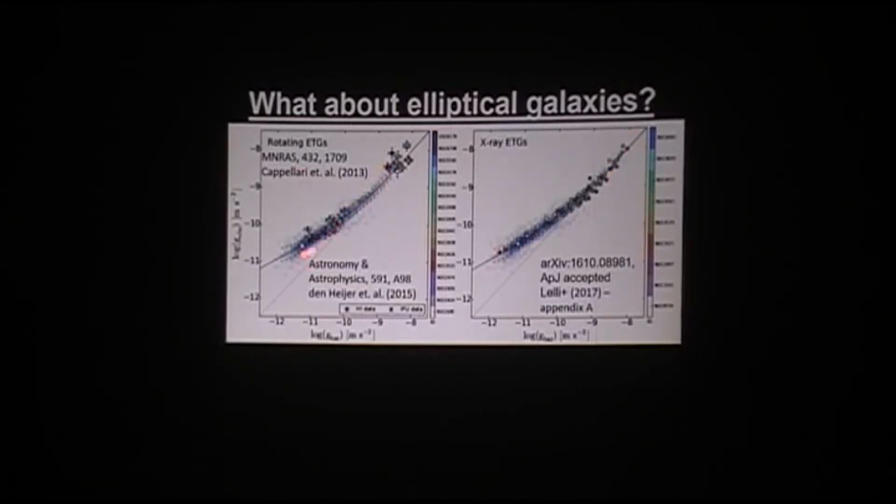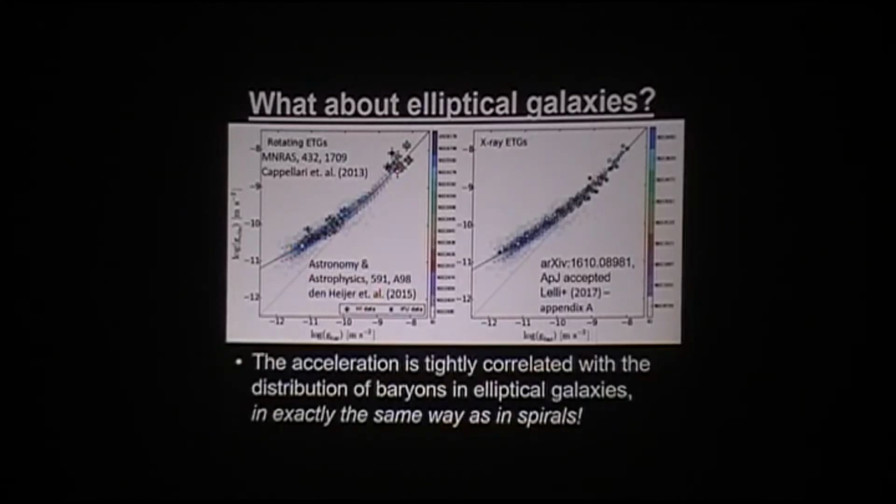What's shown in blue is the relation between observed acceleration and predicted acceleration for the spirals. What you see is that the actual acceleration is tightly correlated with what you expect from the baryons, the normal matter, in ellipticals, in basically the same way as in spirals. This makes good sense in modified Newtonian dynamics, but in the standard model it means ellipticals have to work in the same way as spirals in terms of how much baryons are thrown out, which makes no sense because they're extremely different. They're about as different as you could get, right? This is very puzzling in the standard model.